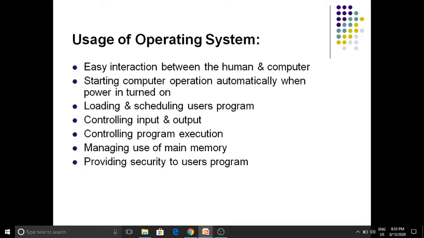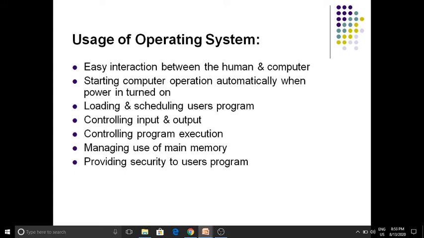Students, this can be done by the operating system. In the operating system, we can go into the settings and manage the use of main memory. For example, I have told you, suppose it is 4 GB RAM. The 4 GB RAM is completely not used. It is bifurcated into 2 plus 1 plus 1. 2 is used for the C drive, that is the hard disk drive, and 1 GB is used for the D drive, 1 GB for the E drive, that is for backups.